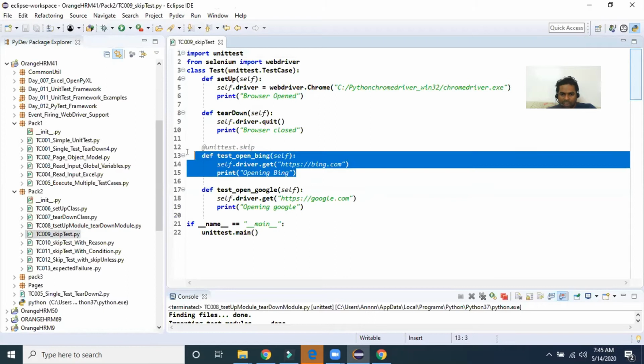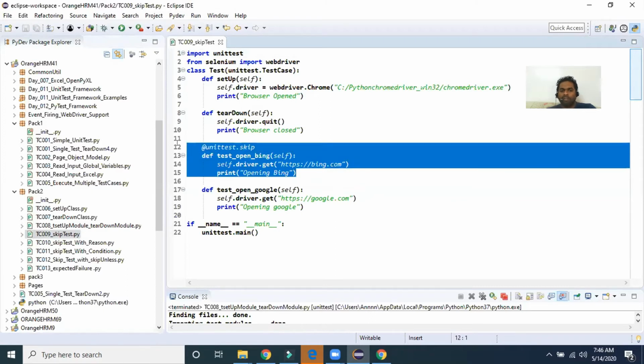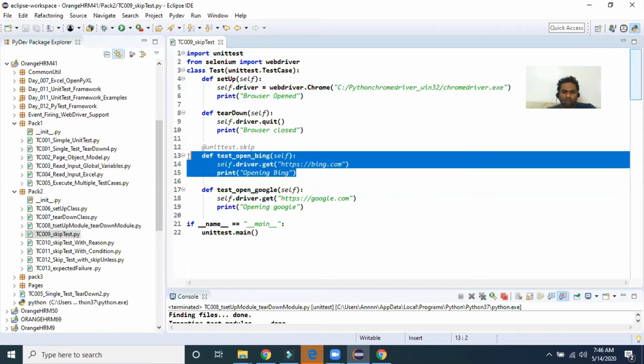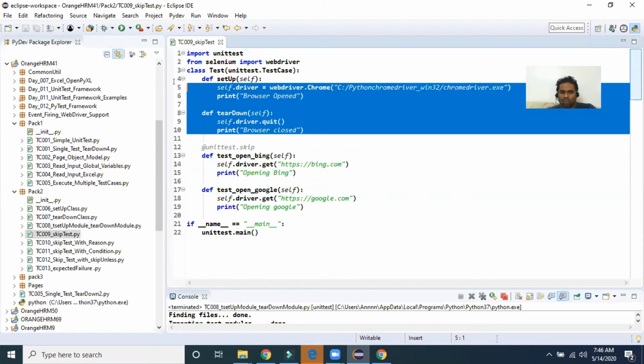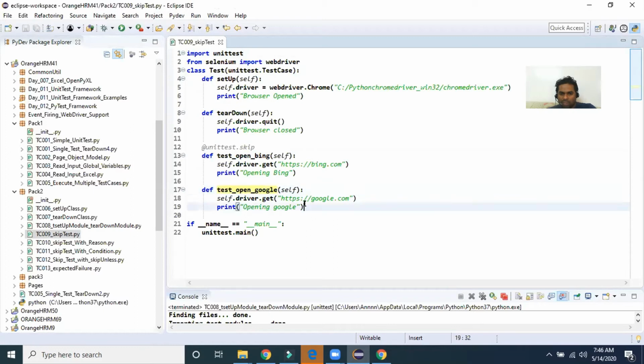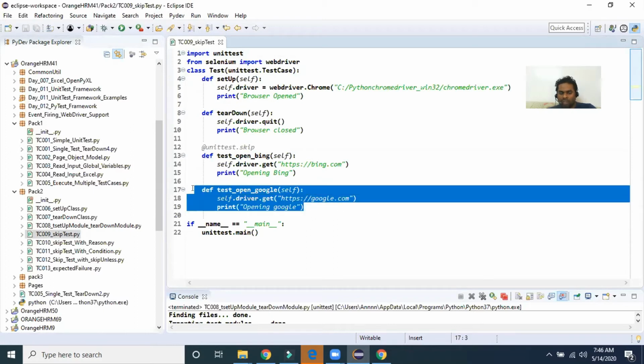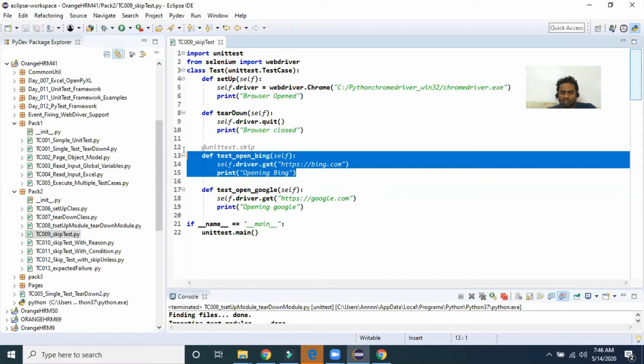But whenever this test is executing, this test will be skipped, but as usual setup and tear down methods will be executed. So whatever code I have written in this test won't execute. Whenever this test is executing, the test part will be skipped, but setup and tear down methods will be executed as usual. Let's see.